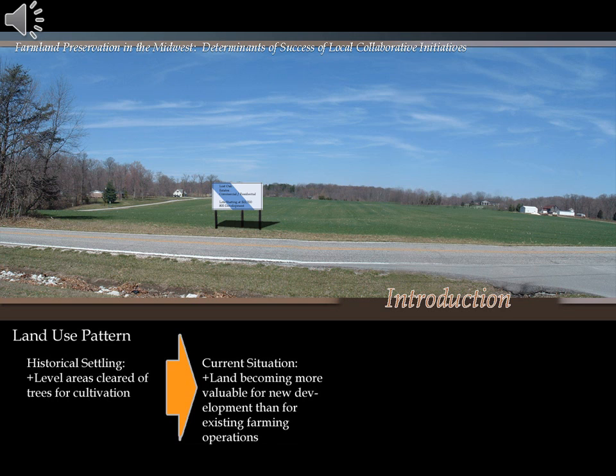The next step is what we're seeing currently, and actually, understanding that this was done before the housing crisis, but we're seeing this come back online now, is that we start seeing development signs come up, and the real estate market picks up. In many rural counties that are experiencing rapid growth, like the one I'm going to talk about here in a minute, you'll see a dozen of these vacant land for sale signs at any given rural intersection anywhere in the county. And basically what this is reflecting is that the land has become more valuable for new development than it was for existing farming operations.